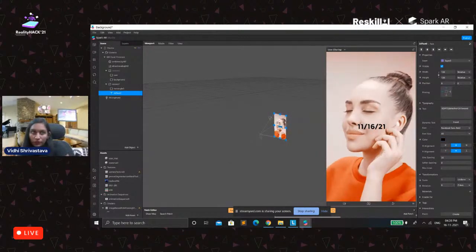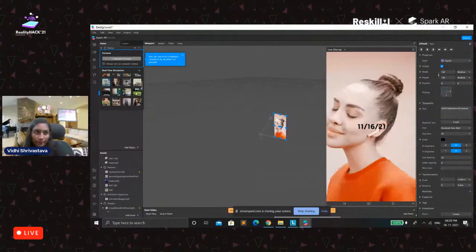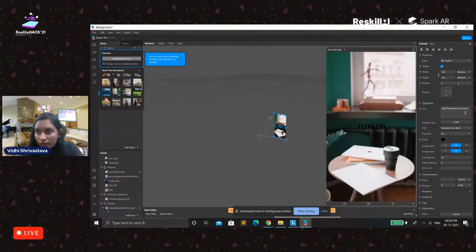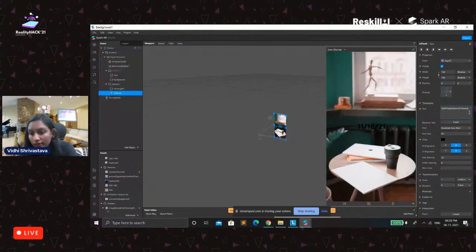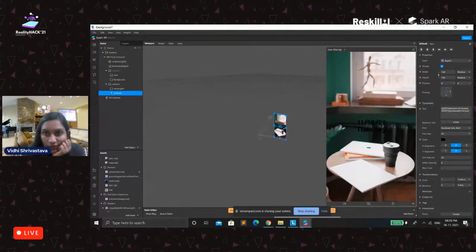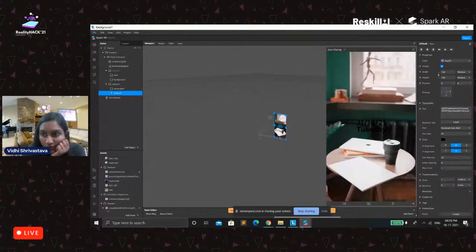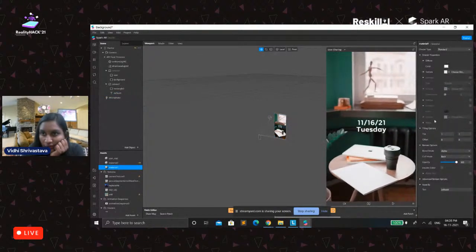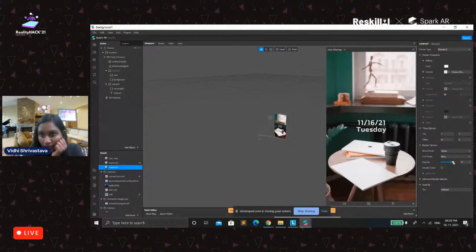And what we could do is, let's take day, week, and if you want to change it to white, add a material and make it a little bit transparent.